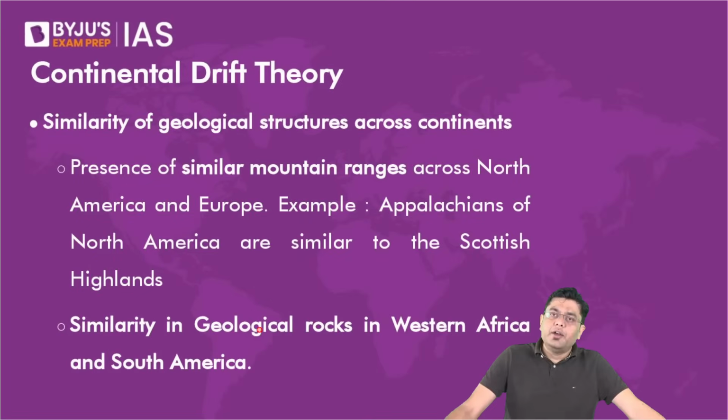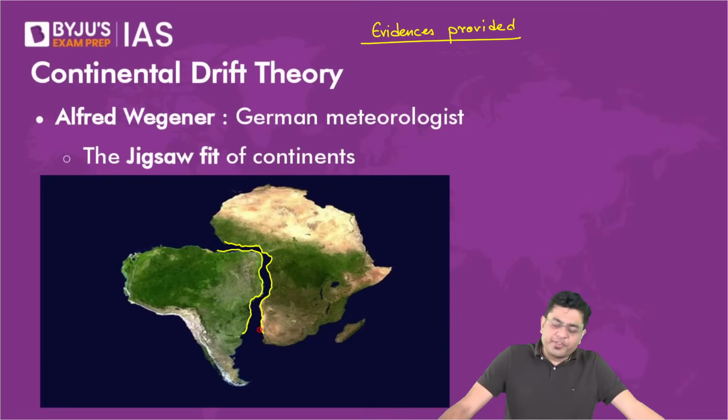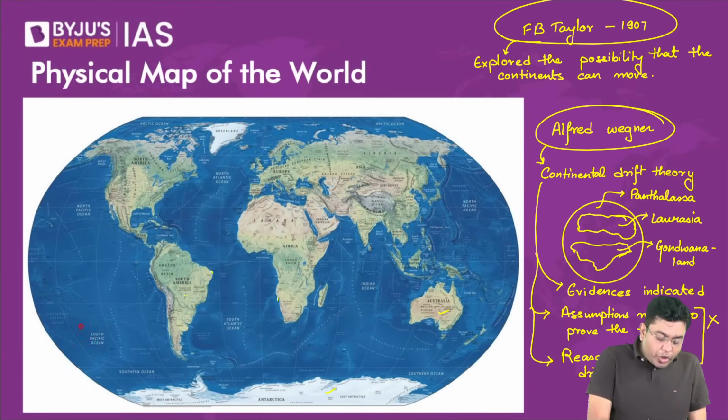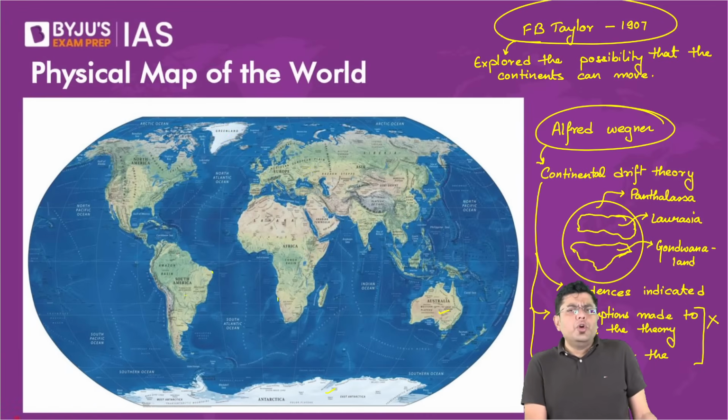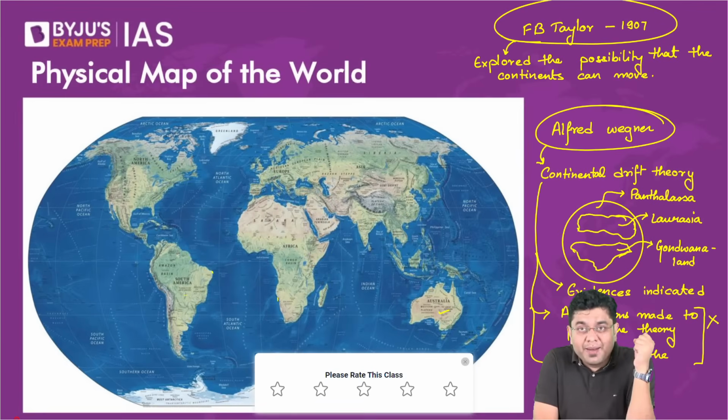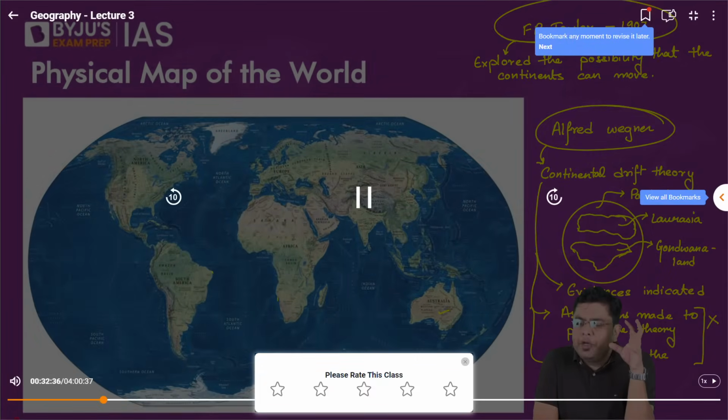Then, after that, what were the other evidences? So, the second evidence was a geological evidence. And what was that geological evidence? For that, let us take a look at the world map. Now, amongst the geological evidences that he provided, one of the most evident ones was basically the geological rock structure. Now, rocks are formed in their own process. We have taken a look at how rocks are initially formed by the cooling down of molten materials.